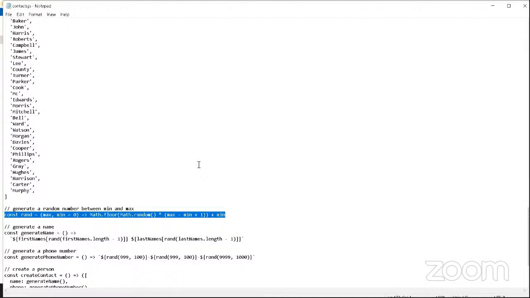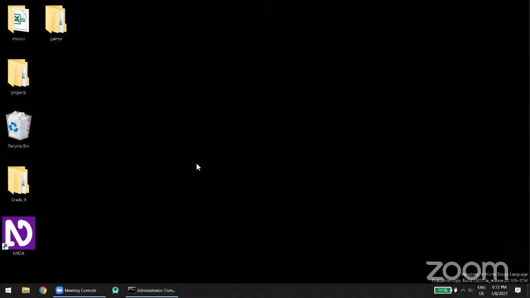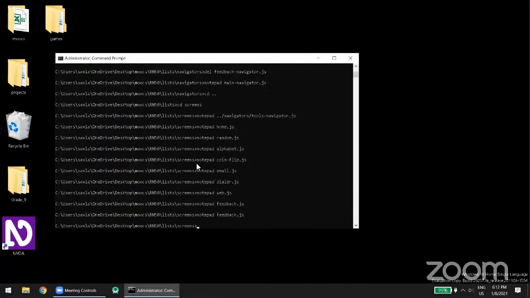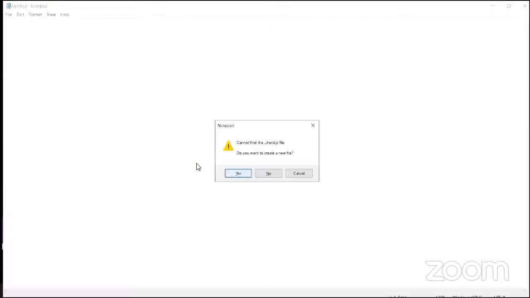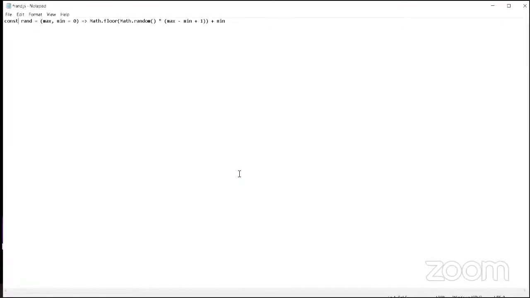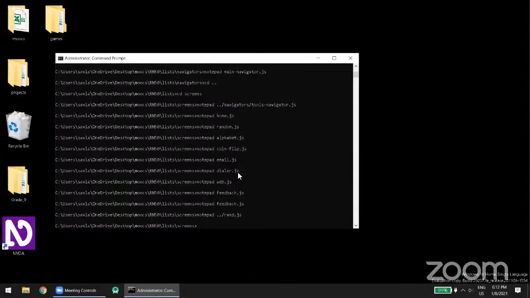There's this function that I've written that I'm just going to copy, which is a random number generator. I'm going to make a file that's just called rand.js. It just does some math here. It's very simple. So let's just save it. Let's open up